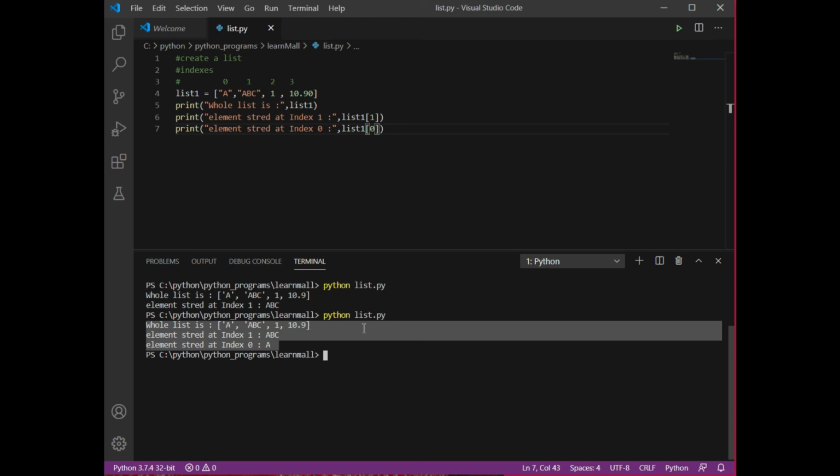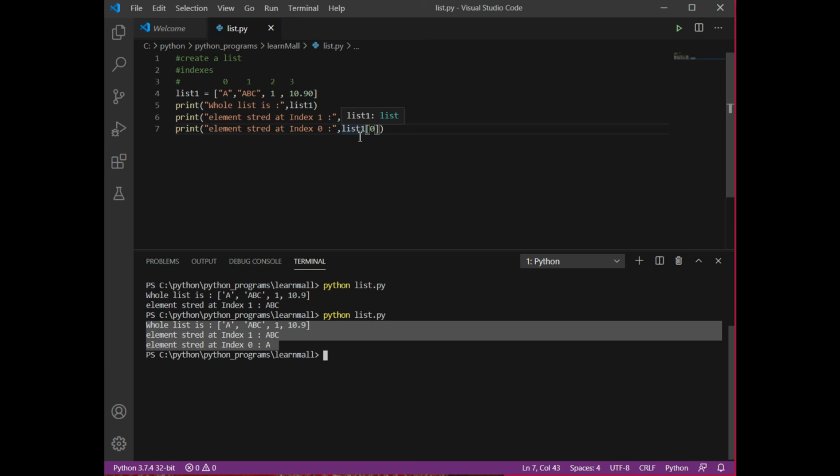Like in dictionaries, we were printing the element by giving its key. If I want to print some specific value I need to give the key. Here we are not dealing with keys, since we don't have any pair concept here, so we are just giving the index, and the best part is that we need not maintain that index. That is done by default. We need not do anything, right? So this is how we can create a list and print a list.